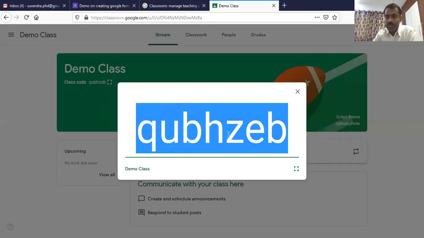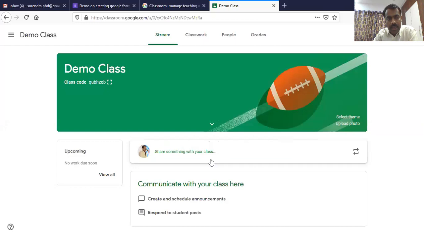So we have to take some precautions where we are sharing this class code. If we are having a closed group with our students, we can share this class code there. Students will join our class. Or obviously there is another way to join students, by inviting them through mail. If we send them mail, then they will join.